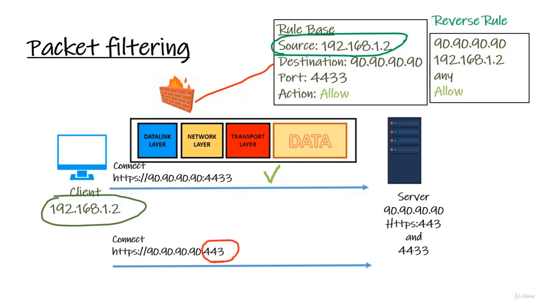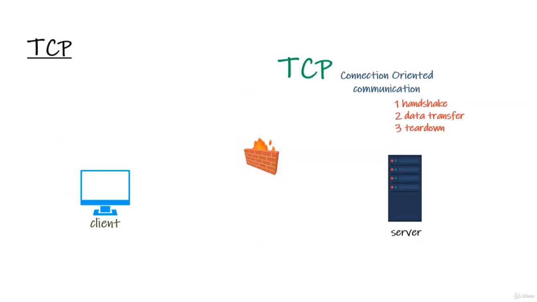It checks the rule base, and it's not there. That's it, it blocks the connection. It's not going to work because the action is denied by default. It's some kind of implicit or implied policy, whatever. All right, so before we understand how stateful inspection works, and stateful inspection is a proprietary